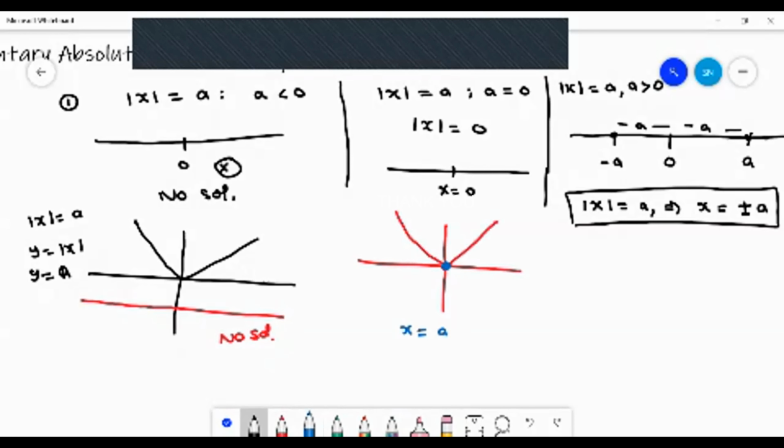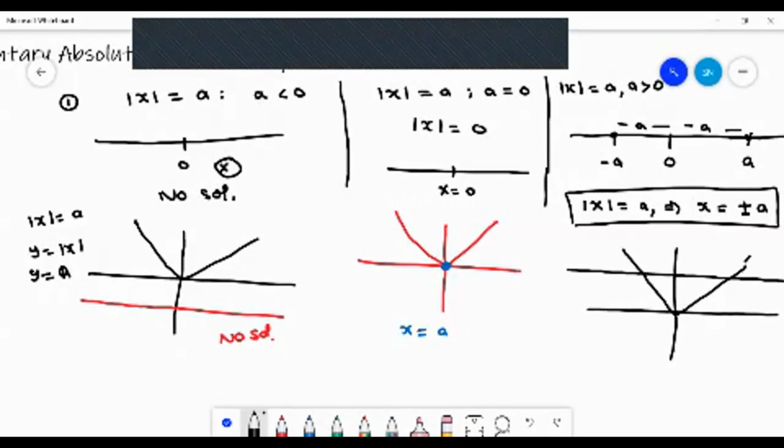So coming to the third case, this is modulus of x and y equal to a, where a is greater than 0. When a is greater than 0, y equal to a, the graph is lying above the x-axis. So then there is a possibility of 2 points of intersection. The 2 points of intersection, as we know, this is y equal to x and this is y equal to